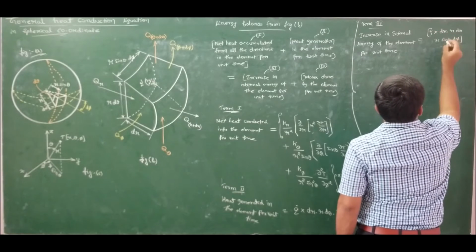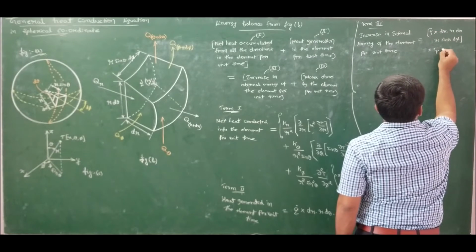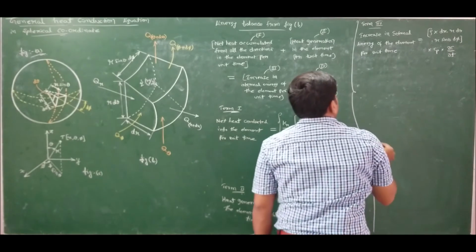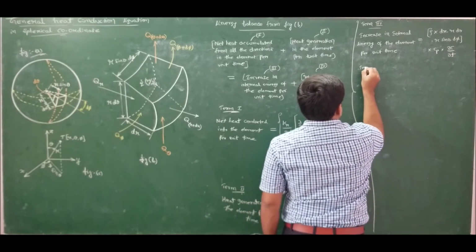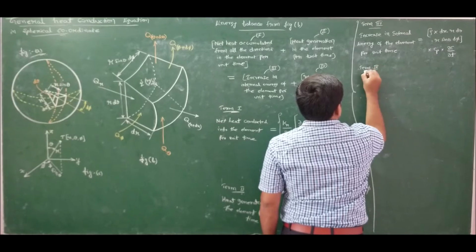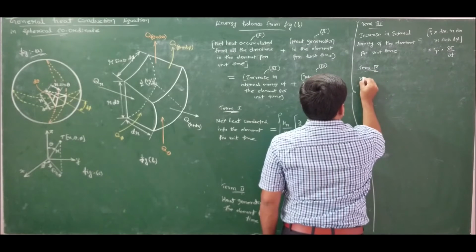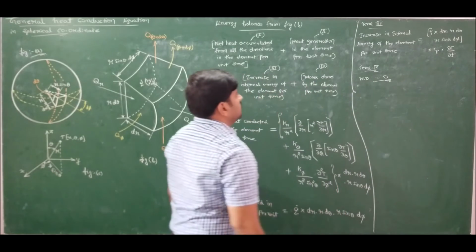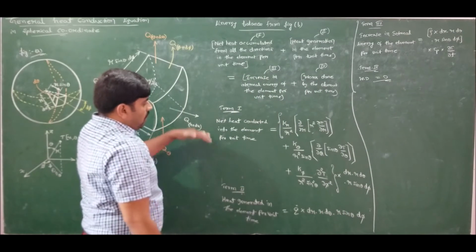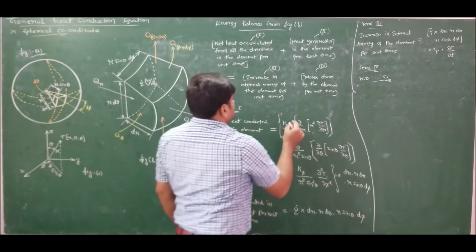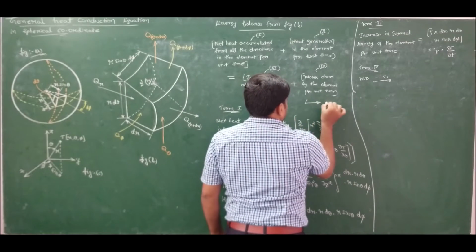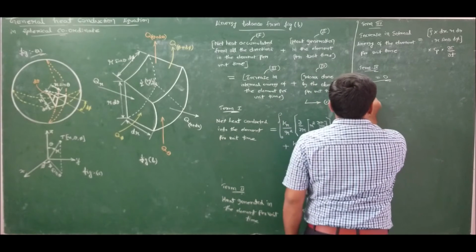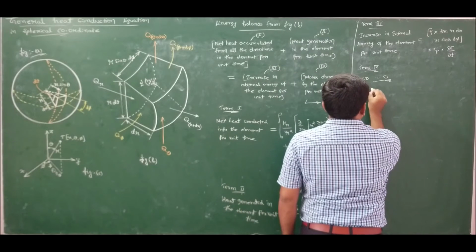Density times volume is mass, into Cp into ∂T/∂t. So moving ahead for the last term, that is term 4, the work done by the element is 0. So therefore we know all the 4 terms. Now if I substitute into equation 1 from the energy balance,